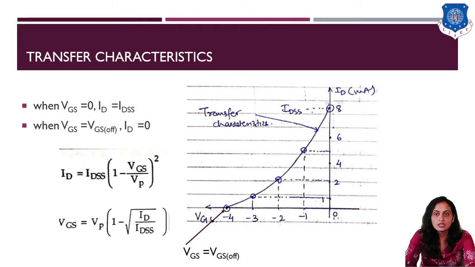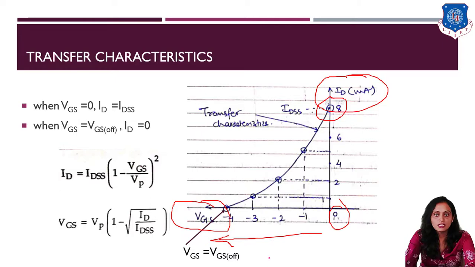The transfer characteristic is shown over here, which is plotted ID versus VGS. VGS over here for N-channel JFET is negative, that is why negative is shown. So when VGS is equal to 0, you find maximum current, that is IDSS, and as you increase VGS in the negative, you will find at a certain point ID becomes 0, and this is called the VGS off. And that is given by the Shockley equation. ID is equal to IDSS times (1 minus VGS divided by Vp) whole squared. And just take this VGS as the subject. We have the next equation derived from this equation only.